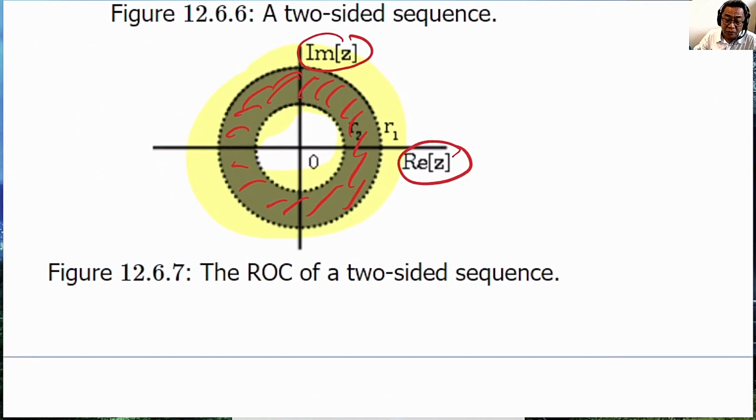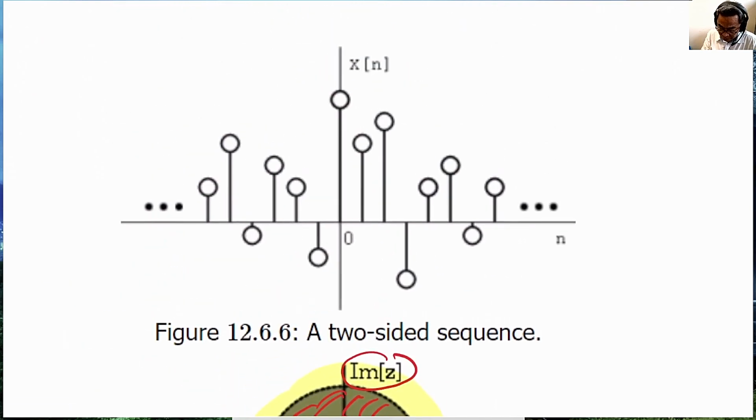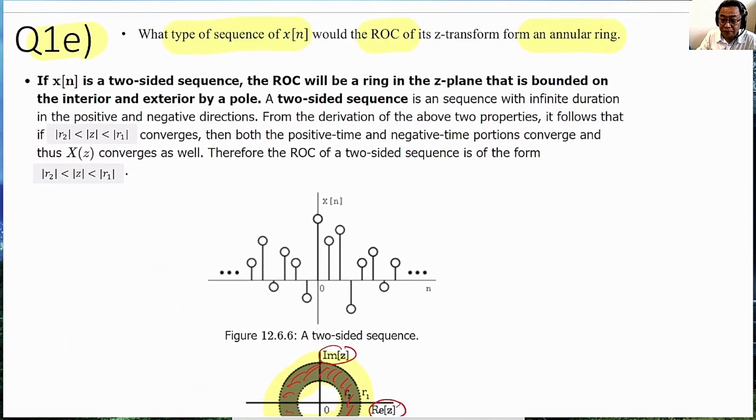Now, we can rule out finite duration sequence, because finite duration sequence has an ROC of the entire z-plane, which is not a ring. It is not a causal sequence, because causal sequence ROC extends outwards. It is not an anti-causal sequence, because anti-causal sequence has an ROC that extends inward. So what is this? Well, you will notice that the answer is actually a two-sided sequence,